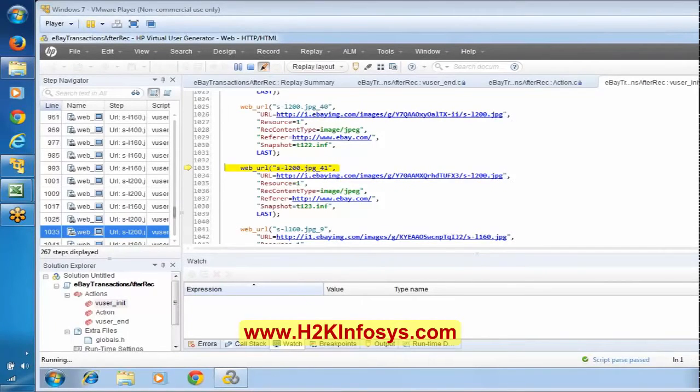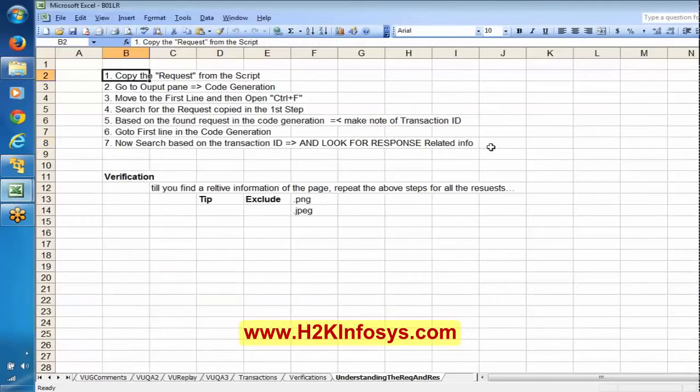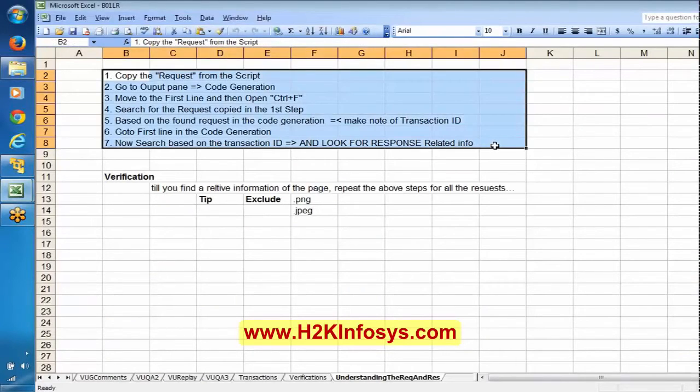Something has to come from the server. Whatever we get from the server, we'll take some reference from that information and validate whether it is there or not. By finding that information, we will do this, and the same kind of approach will be used for correlation also. Whatever we have discussed here might be useful for correlation also. We'll come back to that.